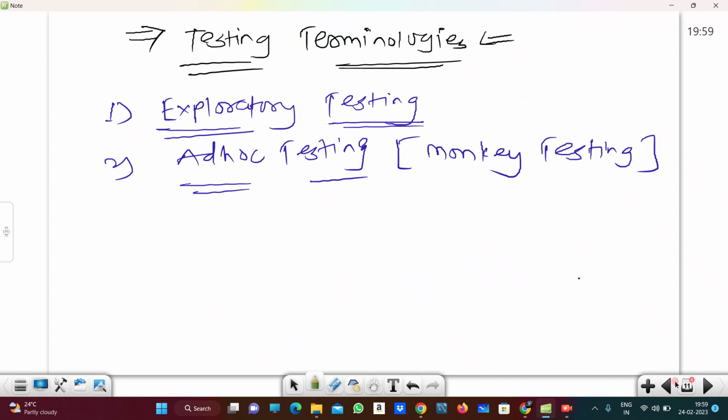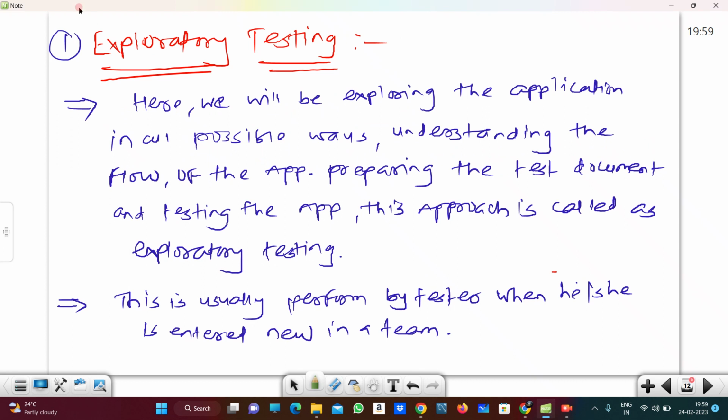मोहित क्लियर है आपको अभी? Yes, sir. एक्सप्लोरेटरी टेस्टिंग उसके नाम में ही है कि चीजों को एक्सप्लोर करना, राइट? वहां जाके। सो दैट इज नथिंग बट द एक्सप्लोरेटरी टेस्टिंग।